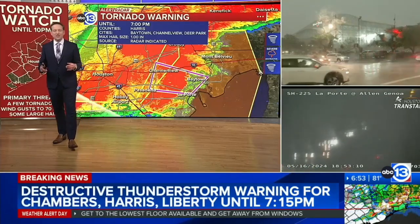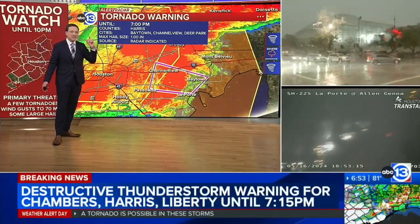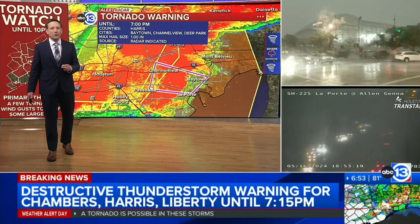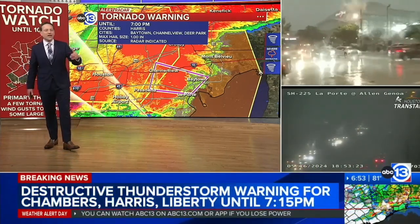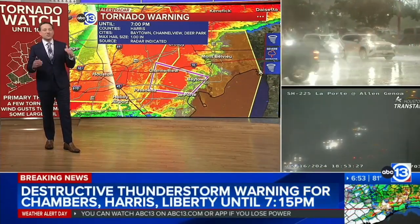Friction and drag. And so this destructive severe thunderstorm warning continues. Just got an update that there are now 630,000 CenterPoint customers without power. That number is going to continue to climb. Again, this is the equivalent of a mini hurricane roaring through Houston and Harris County with high impacts along and